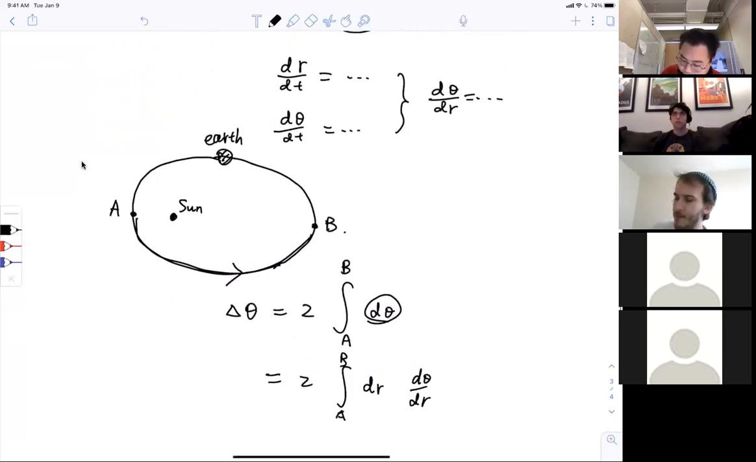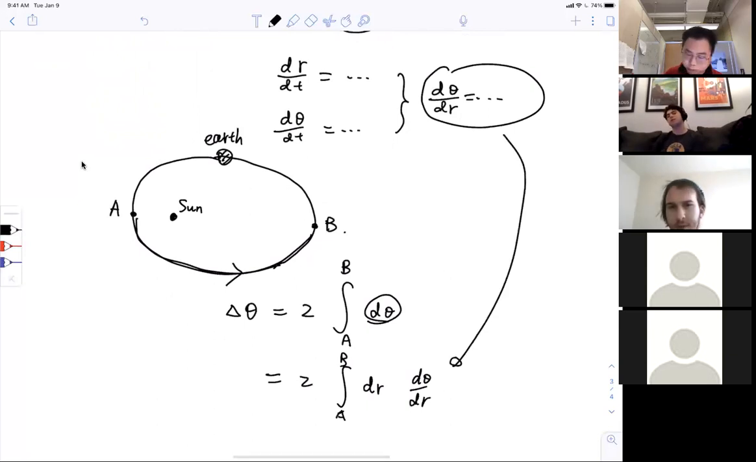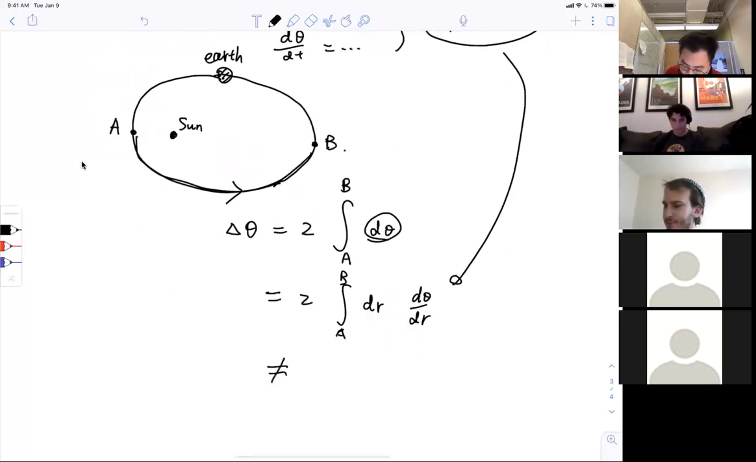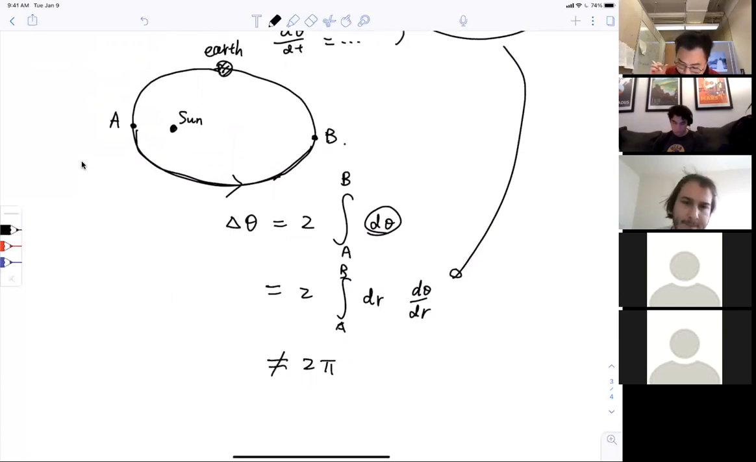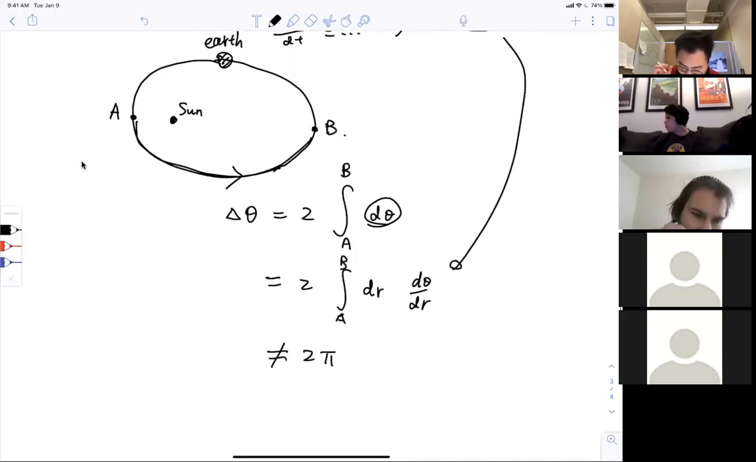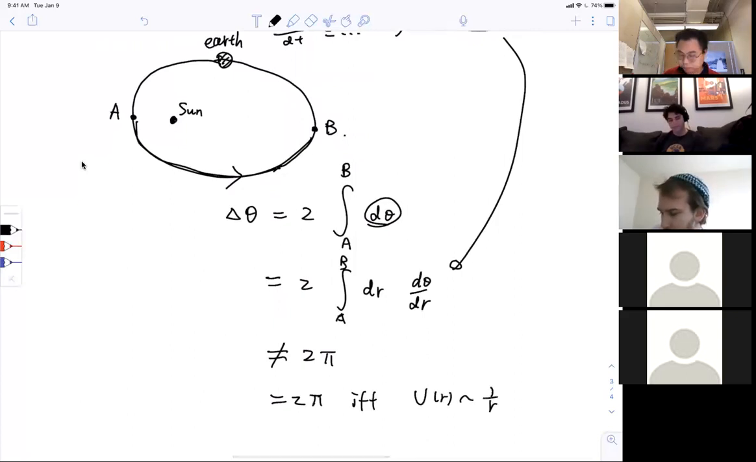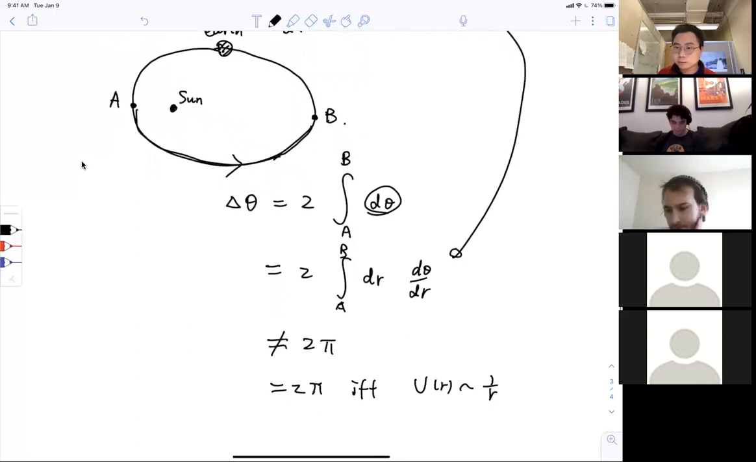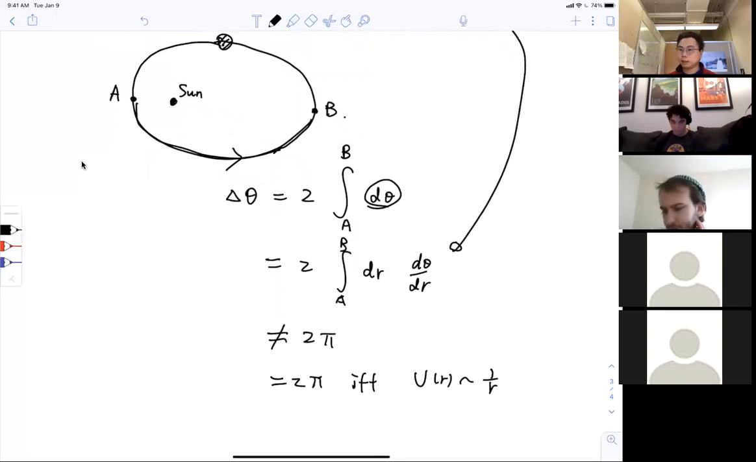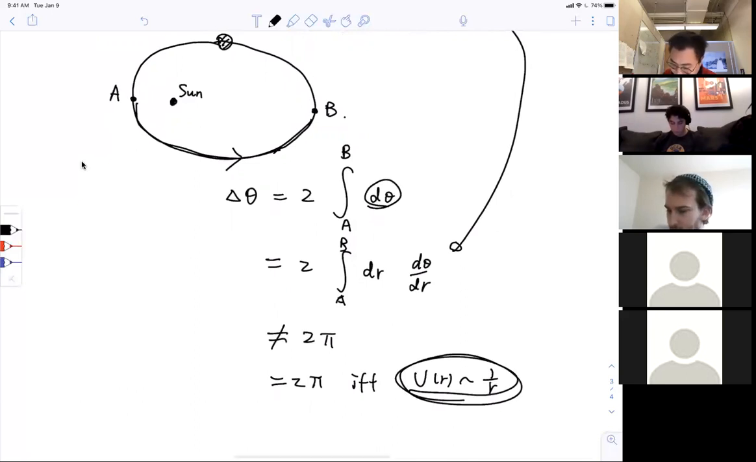For a general potential, you plug in and do the integral. This, generally speaking, is not equal to 2 pi. You can do it by yourself, but the point is, this is 2 pi only if your potential is in this form. So you can see there is already something special about this potential. To understand why this is the case,